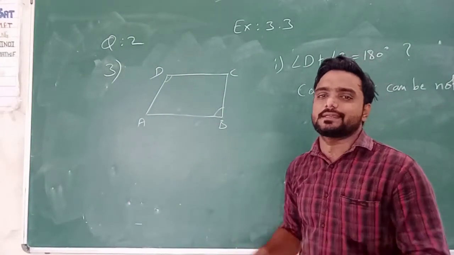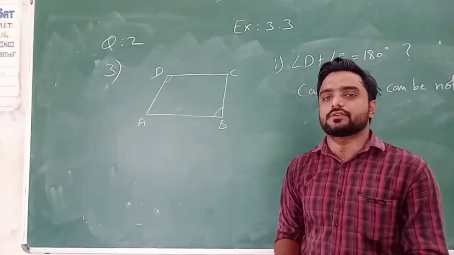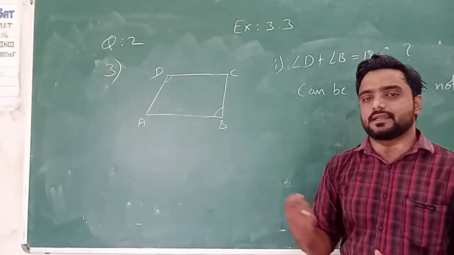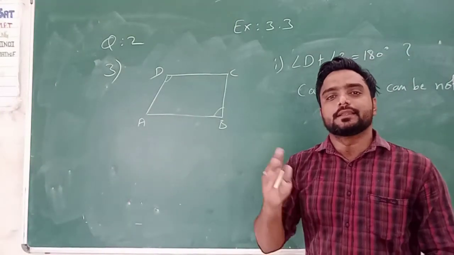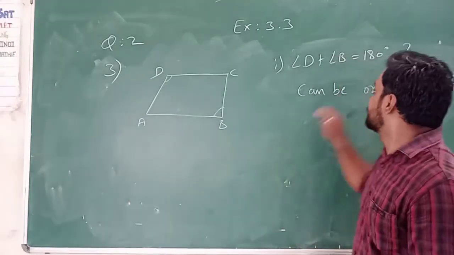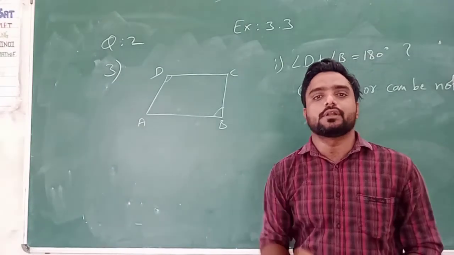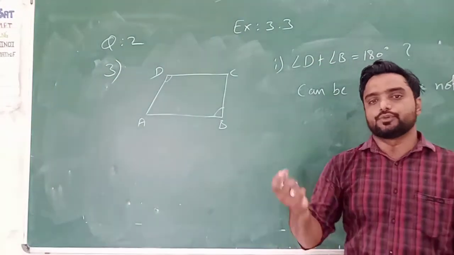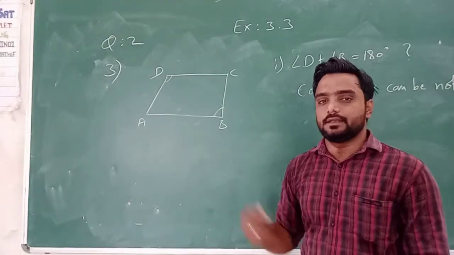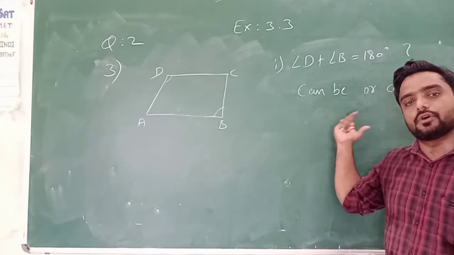Understand? Suppose मैं एक example लेता हूँ square. तो square के जो opposite angles है, square is also considered as a parallelogram. उसके opposite angles जो रहते हैं वो equal measure के रहते हैं और दोनों एंगल कितने रहते हैं? 90 90. तो दोनों का summation करोगे 90 plus 90 that is equal to 180 degree. पता चला कि नहीं? लेकिन जरूरी नहीं है कि हर एक quadrilateral square ही होगा. Okay, अगर वो square रहता है हम उसे parallelogram बोल सकते हैं. Understand or not? But here it is not always a square. Understand or not? So maybe or may not be means can be or cannot be.